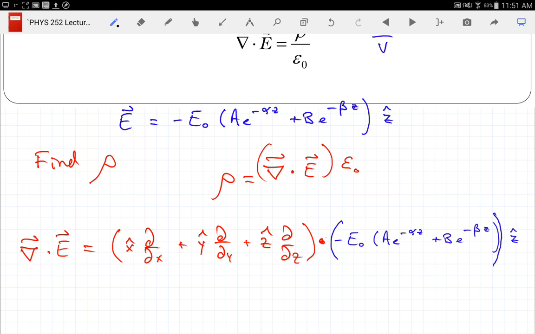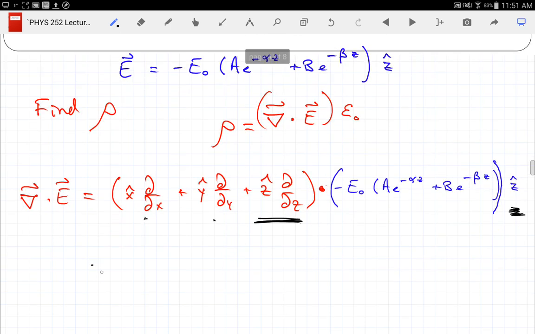The dot product is also multiplying parallel parts, right? Yes. So we only multiply by the z hat part, because this only has a z. When I do the dot product, only the z part is going to turn out. This is 0 x hat plus 0 y hat minus e0 blah, blah, blah, z hat. So I have 0 multiplied by this, 0. 0 multiplied by that, 0. And I'm left with simply minus e0